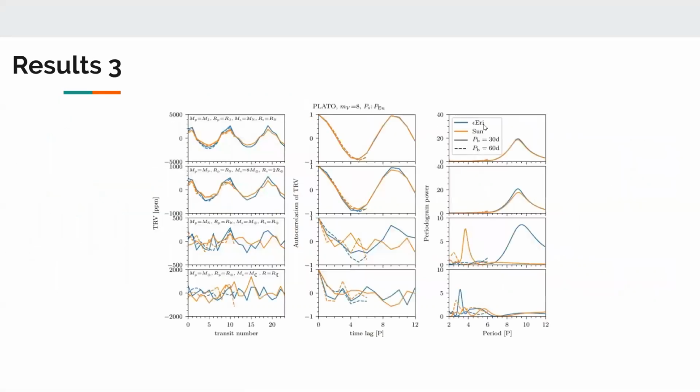And so that's what these next set of plots kind of go over, where these plots are simulating various types of systems with different masses and orbital radii, and they kind of show us